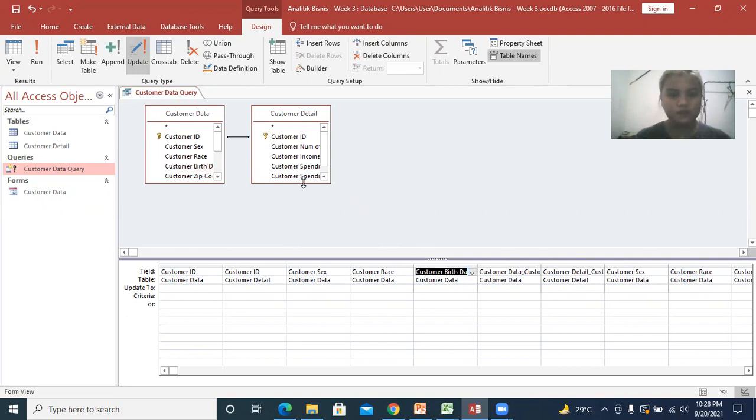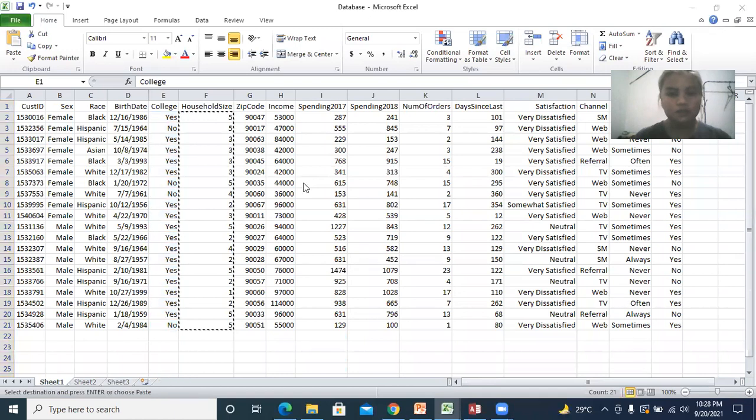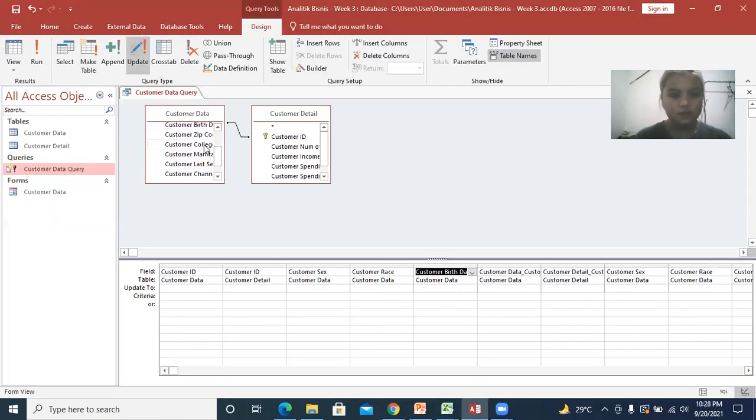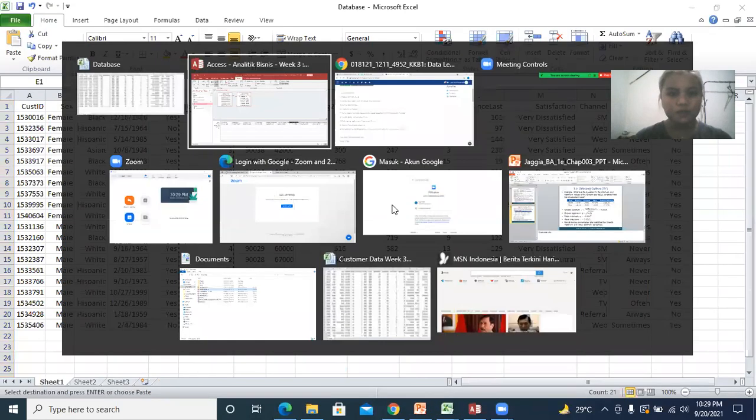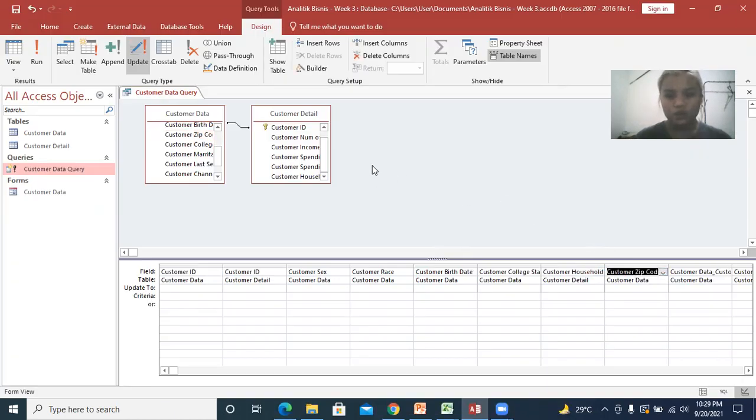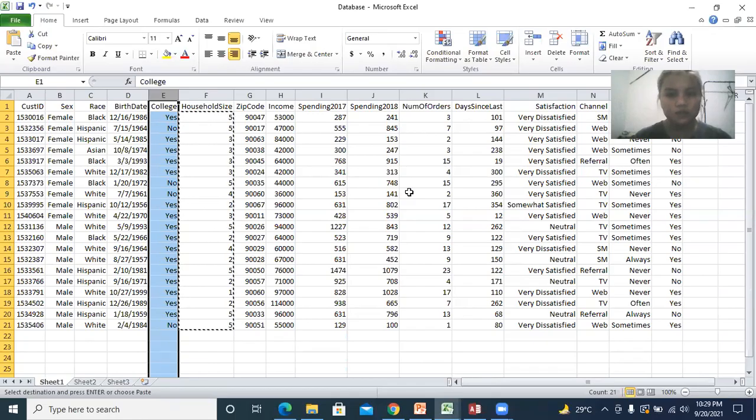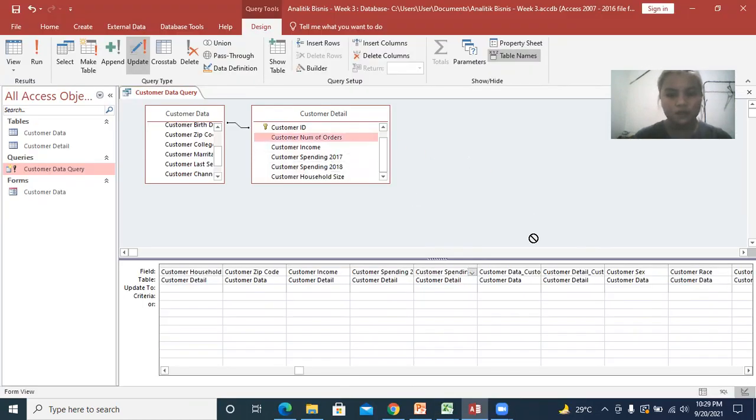After that, college, household, household size, and then zip code, income, spending, spending 2015, and then after that is number of order, last scene,